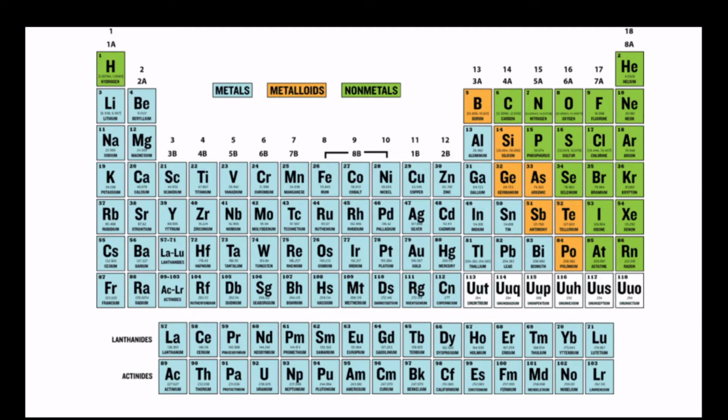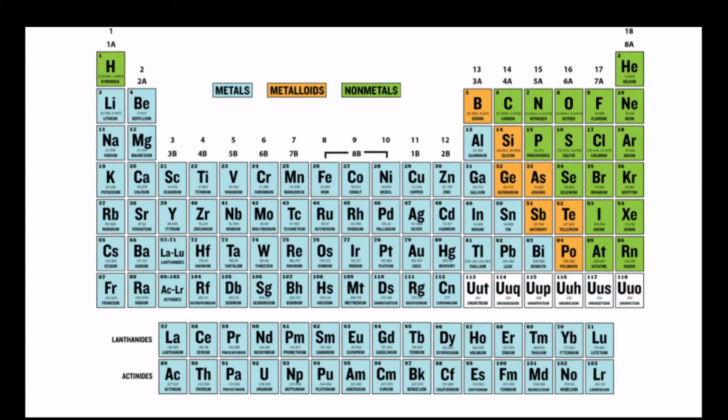The first shortcoming, the position of hydrogen. Here the position of hydrogen was clear because it was the first element having one atomic number. The second was the position of isotopes. If we consider the isotopes of carbon, there are 3 isotopes of carbon, but all the isotopes of carbon will have the same atomic number, although they have different atomic mass. So, the problem of position of isotopes was also rectified in the modern periodic table.